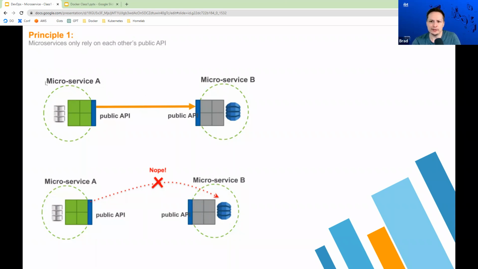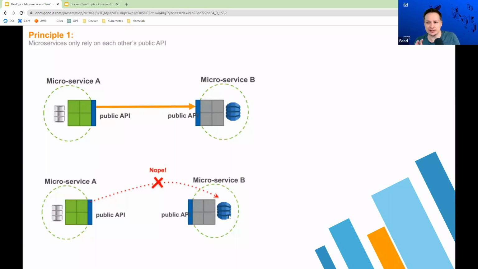So the way that microservice A should talk to microservice B is it should call the public API of microservice B. If you look at this example below, you can see microservice A is calling the database or the data store of microservice B. And that's not something you want to do.